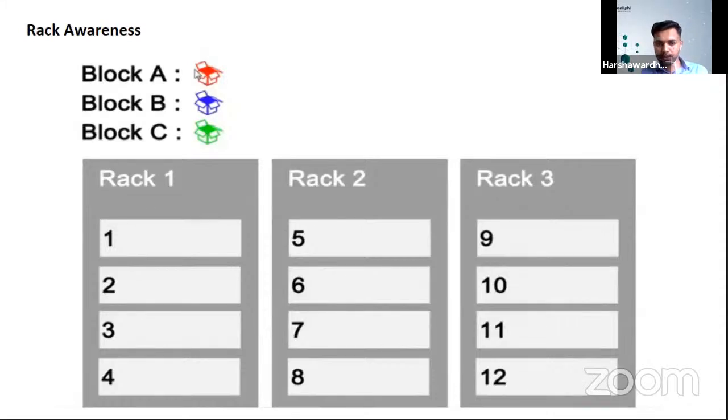Now, let's just go through what this rack is. A rack is just a collection of data nodes, and the racks will be at different geographical locations. There are 4 data nodes per rack, 1, 2, 3, up to 12. So there are 12 data nodes in the cluster, and 1 name node. We do not see the name node here because the purpose of this slide is just to make you understand how the file will be stored in HDFS. So don't worry about the name node. It is there, and all these racks and data nodes are connected to it.